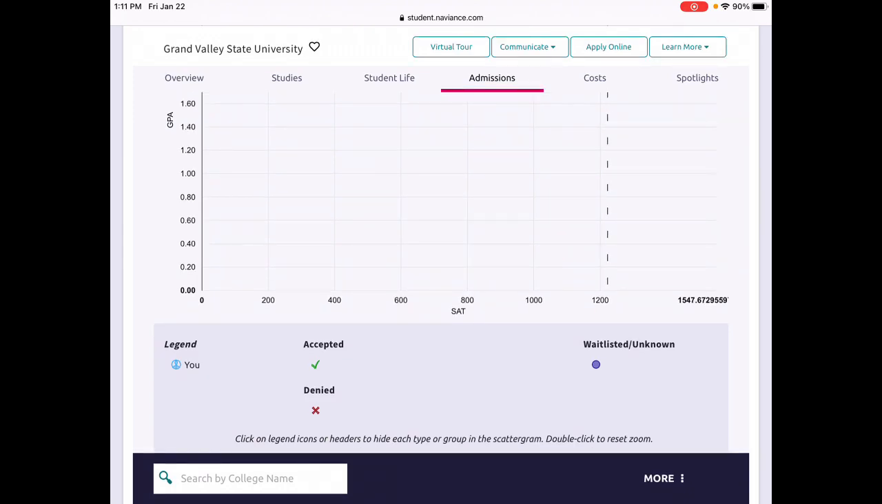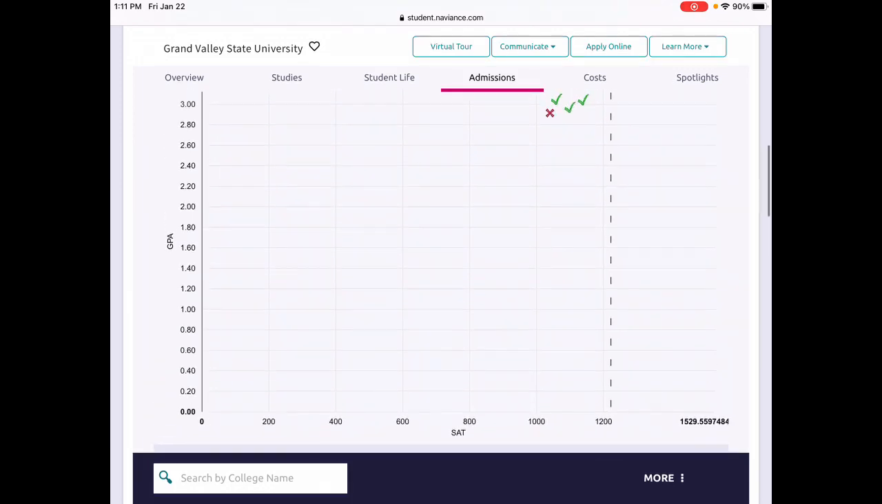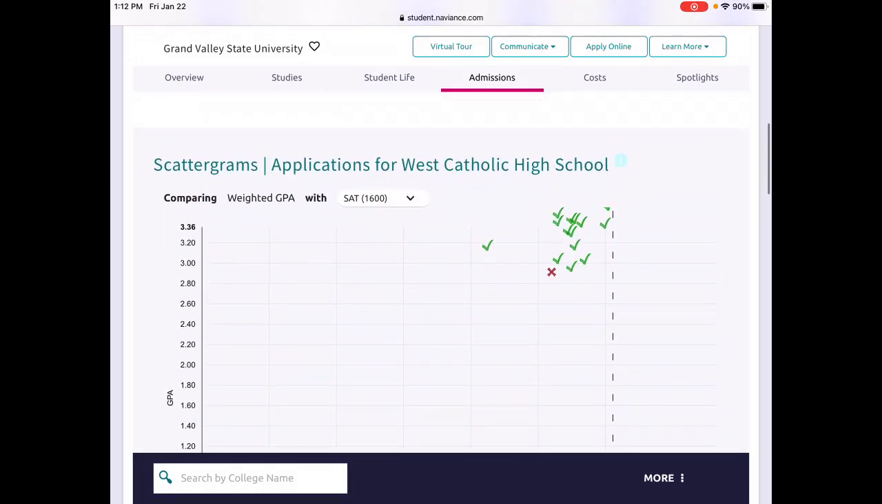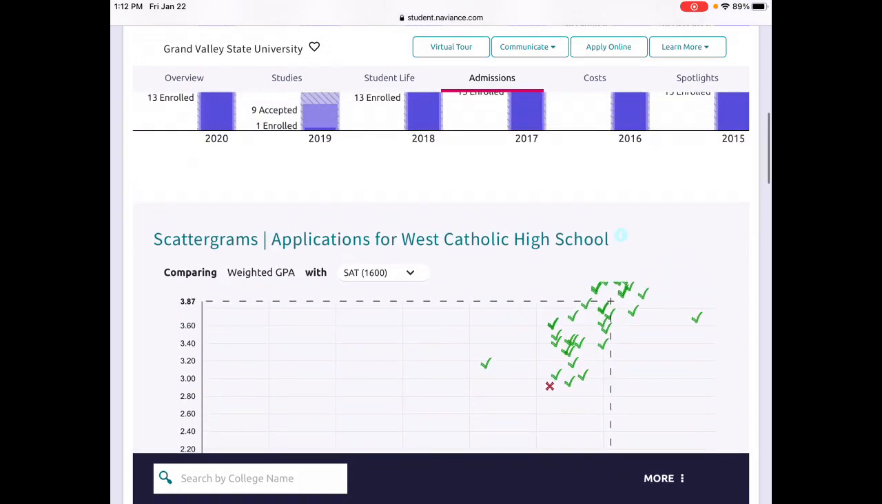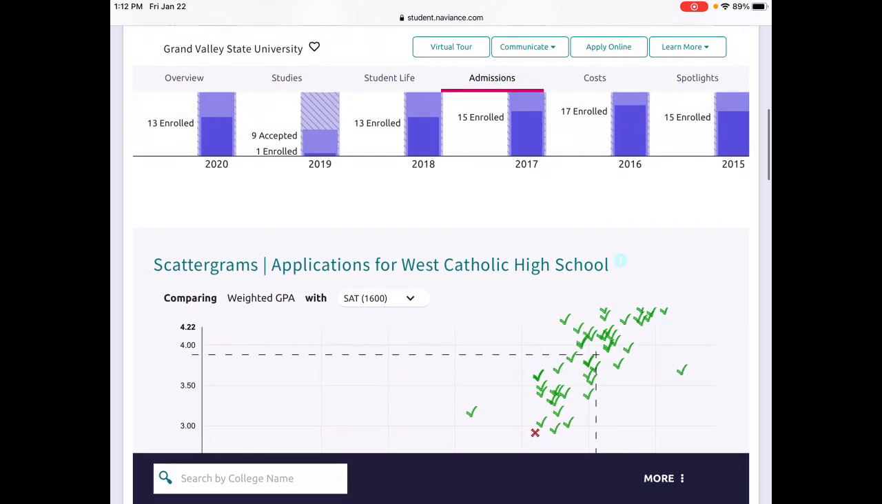are accepted. You may see a red X for students who are denied, or a purple dot for students who are waitlisted. So when students check out this graph, this is going to be where they can kind of figure out perhaps if this college might be more of a safety school, a middle school, or a reach school for them. The whole chart is graphed using GPA and SAT scores, so you can kind of figure out, are you